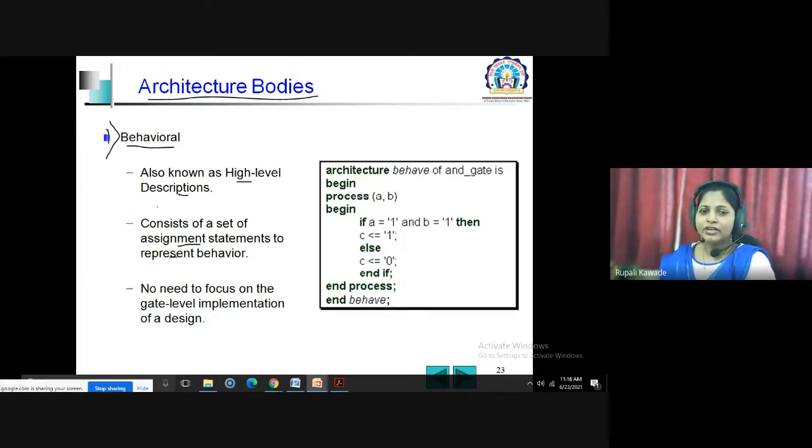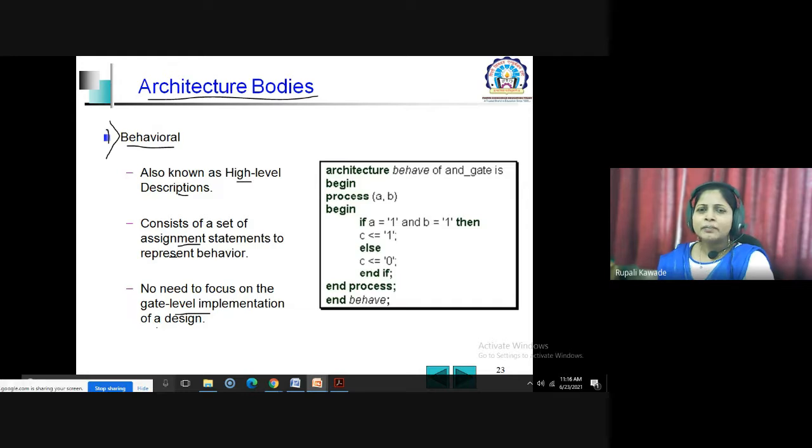Behavioral modeling style: there is no need to focus on the gate level implementation of a design. AND gate itself is a basic entity. If you take a half adder, how does it behave? If a and b both are 1, then my sum is 0 and carry is 1.